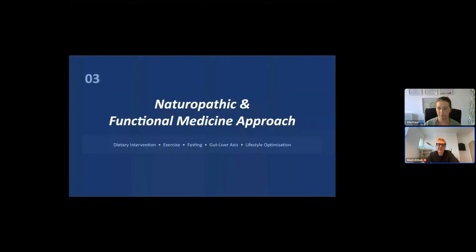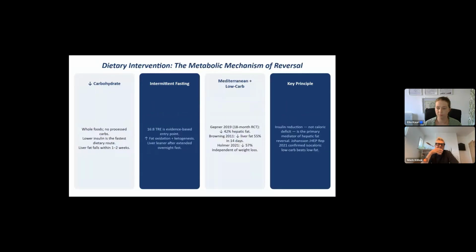So this is where we're going to look at dietary intervention. This is the naturopathic and functional medicine approach: dietary intervention, fasting, exercise, and also broader lifestyle optimization. This is where our clinical practice meets the pathophysiology that we've built up, so you can understand why we're going to be making these interventions. If I can have the next slide, please. So right,